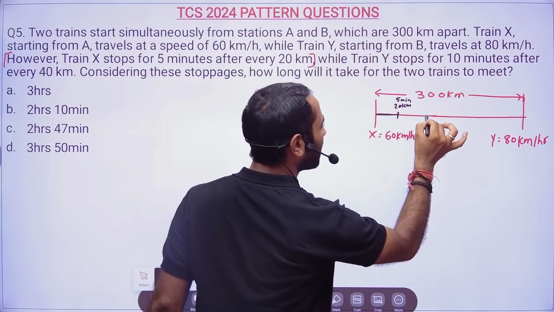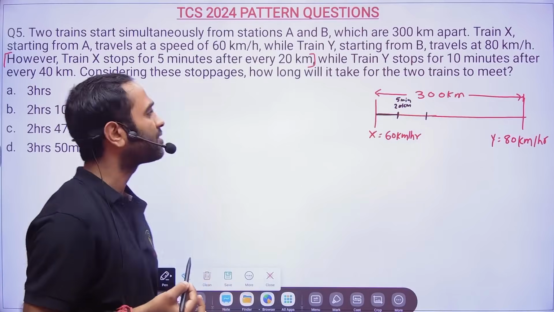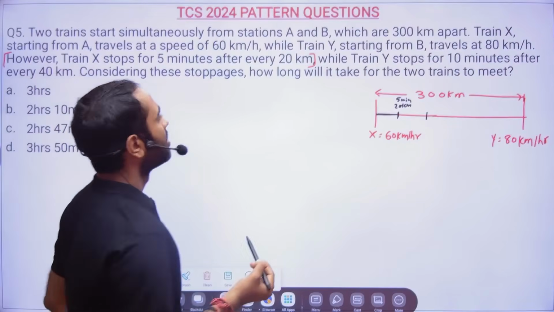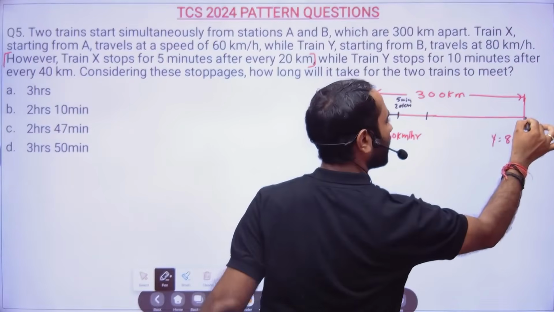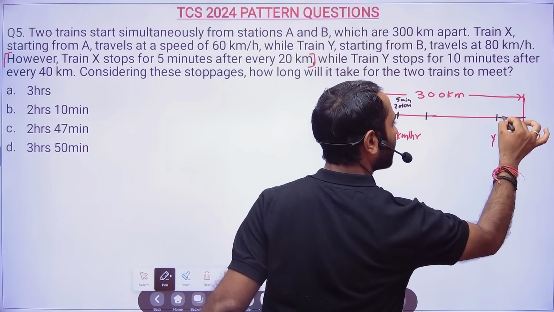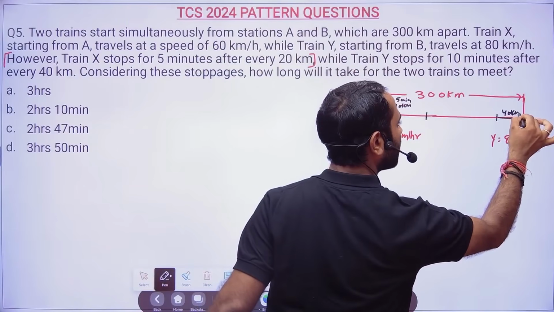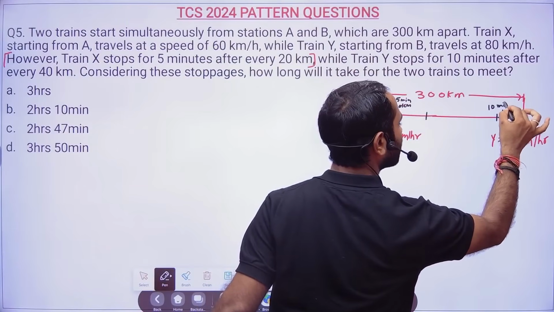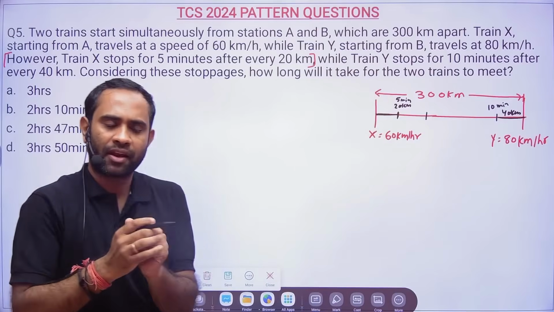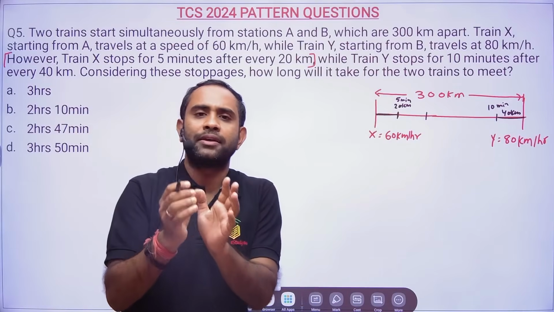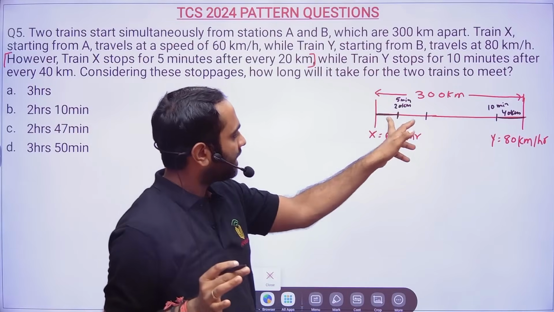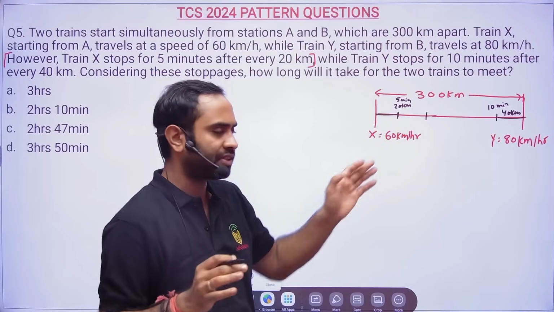Then again it starts, 20 kilometers, again stopping for 5 minutes. Okay. And train Y, what it does, it can cover 80 kilometers in 1 hour, right? So 40 kilometers it goes and then again waits for 10 minutes. So basically, friends, here we need to calculate the effective speed, because now if they are stopping, see, after 20